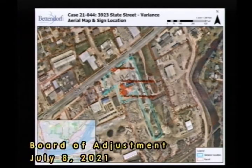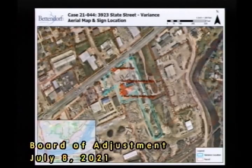Was all of the frontage included in the calculation, or just the lot that they have? The frontage was calculated at the frontage of State Street, and then the depth of the building was calculated. So the widest lot was calculated for the frontage, correct? Not all 3, okay. I think I have